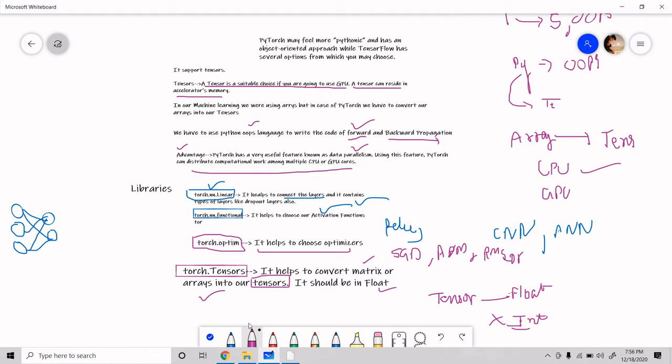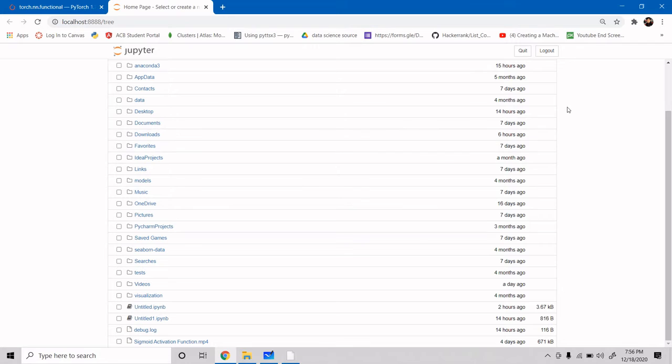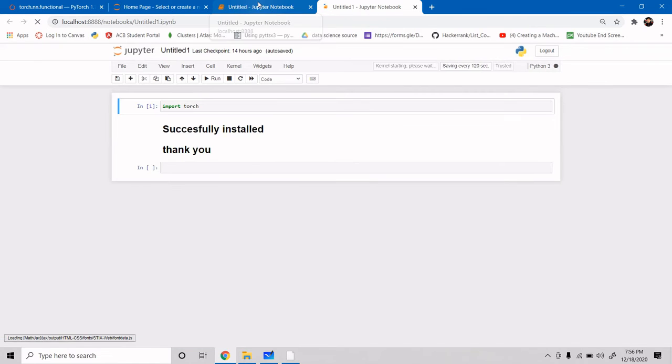So let's go and see some functions in our Jupyter notebook. As we can see, we already made our environment and completed the installation of PyTorch.